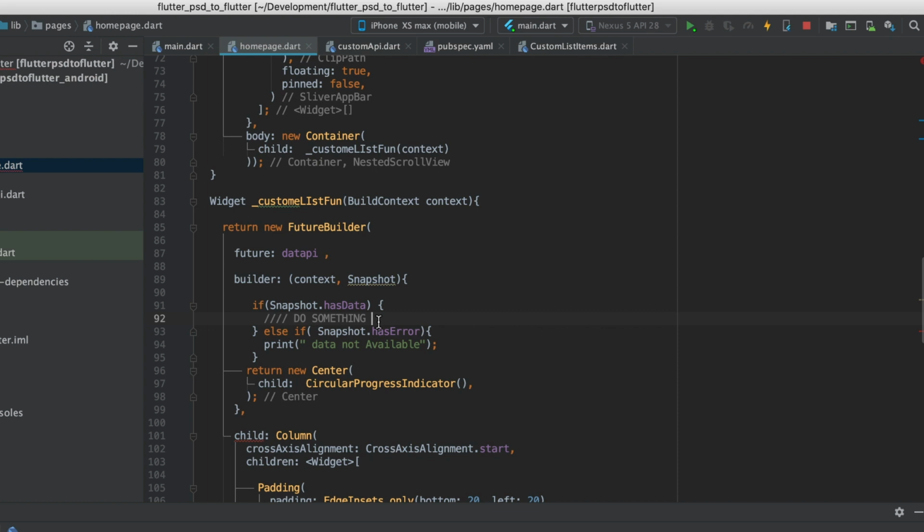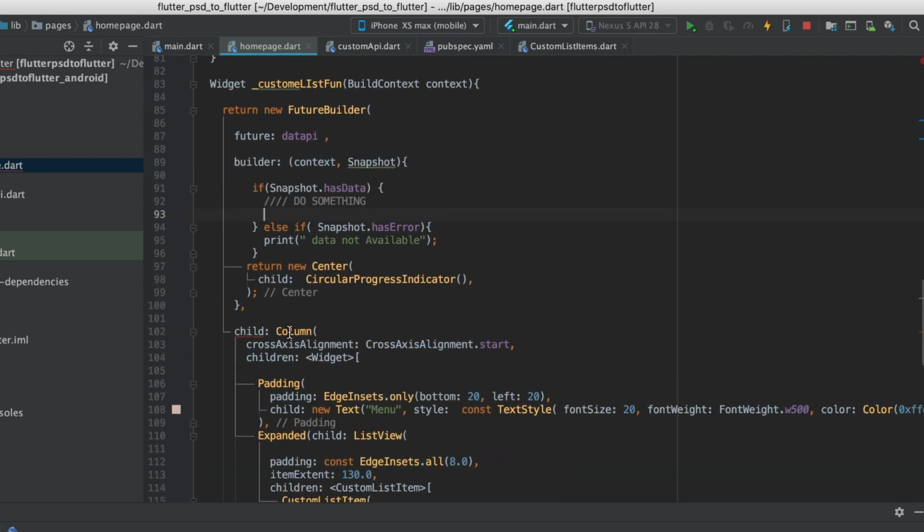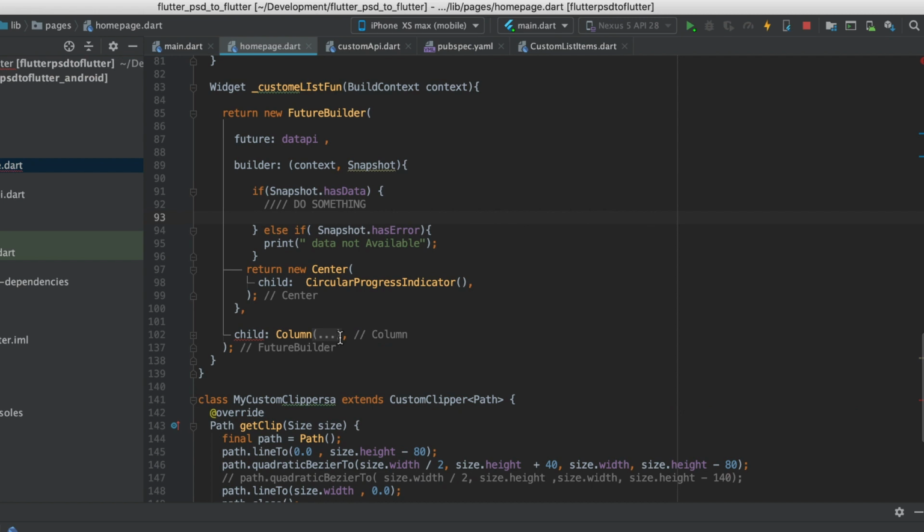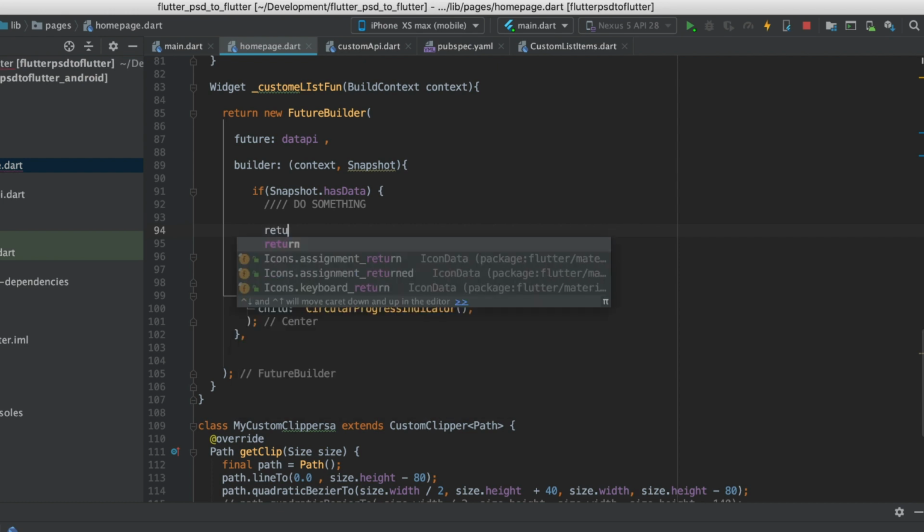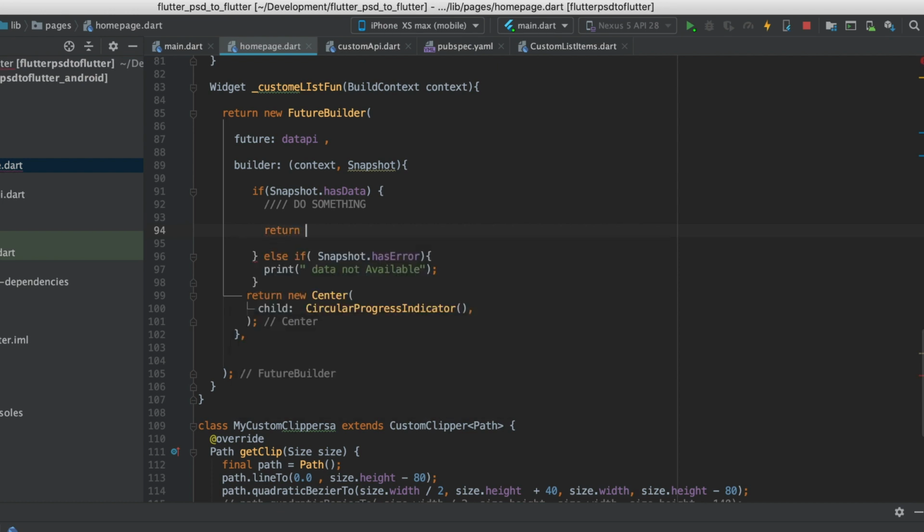So in case there is data, then we'll have to just copy this code here and then bring it here and say return. Okay, so now here if the data is present, we are going to build our list of posts that we are receiving from WordPress. So in order to do so,